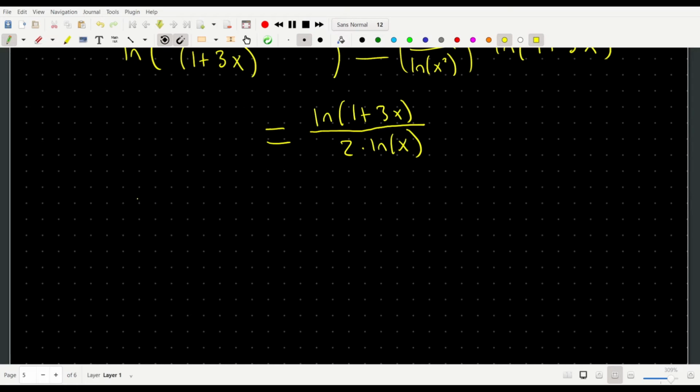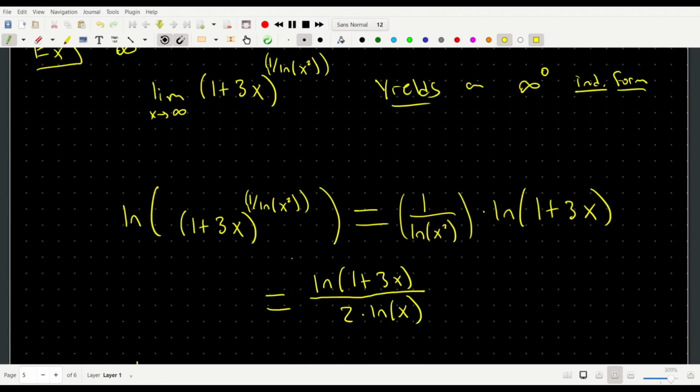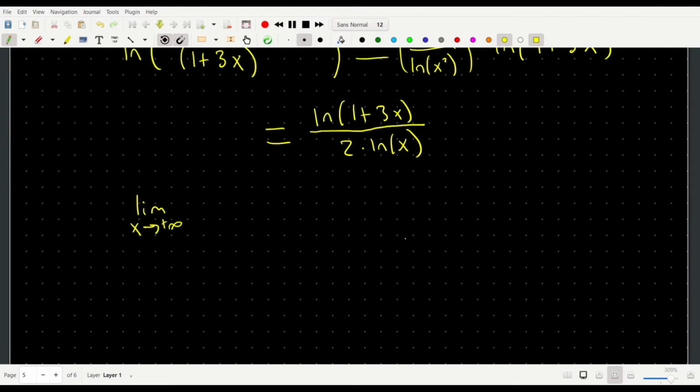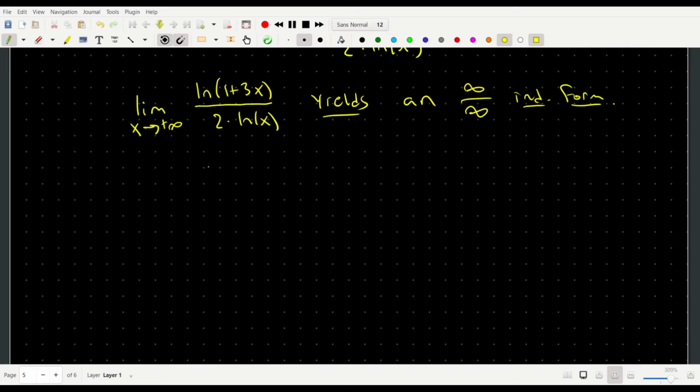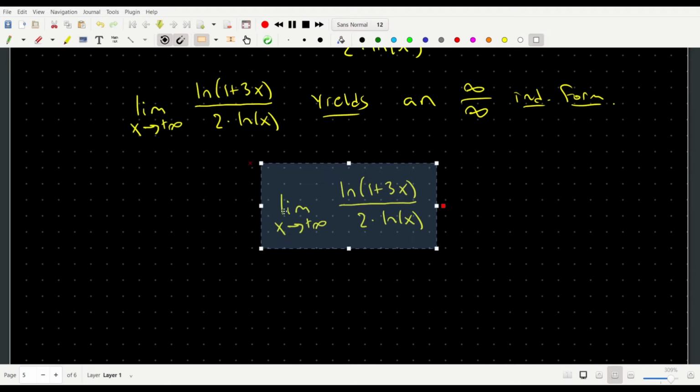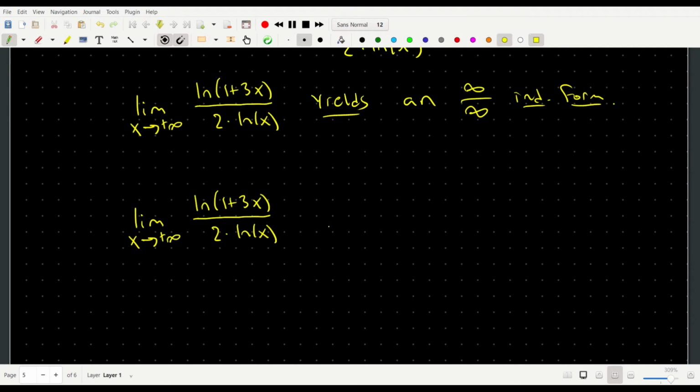We directly have that the limit as x goes to infinity of this function right here yields an infinity over infinity indeterminate form, and thus we can apply L'Hopital's rule to obtain